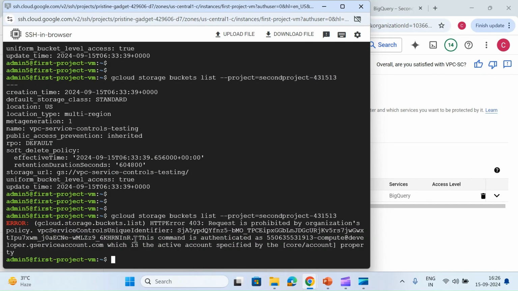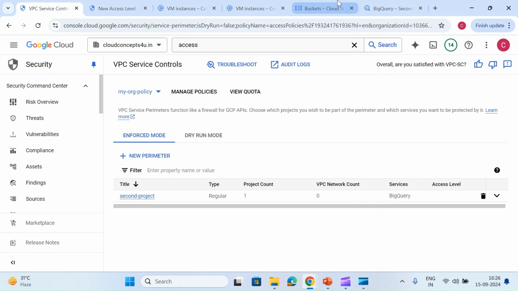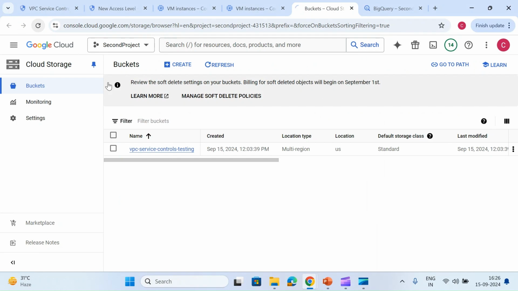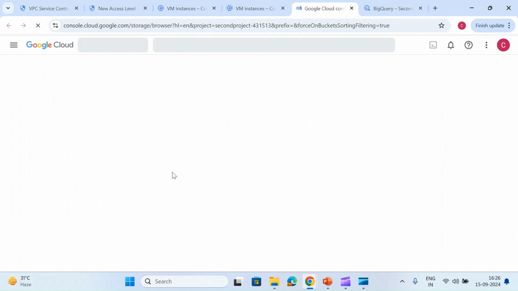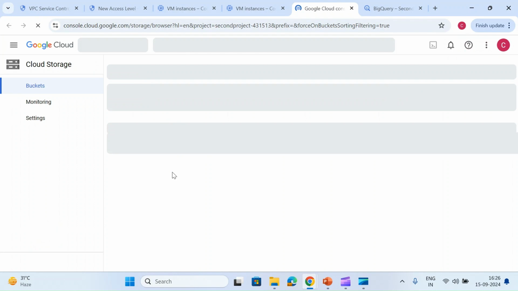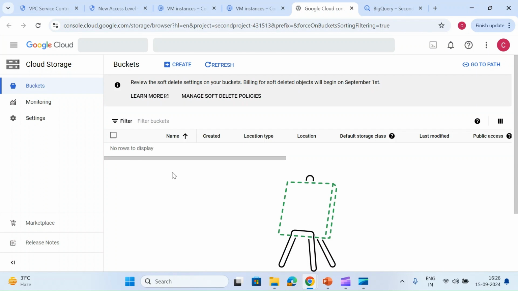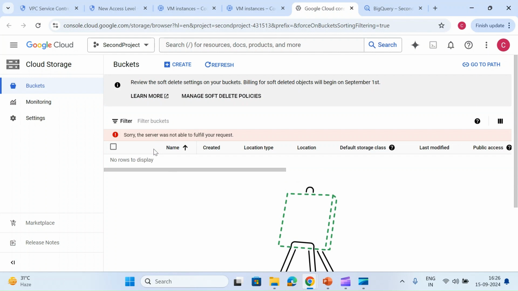Now it has blocked the access. It is doing that, VPC Service Controls. Because of that, I am not able to access my storage bucket. Even if I go to my bucket and just refresh this page, we will see that our access has been blocked because we are now outside the perimeter. So we have protected our second project, and we cannot access the project from outside. My first project is also outside, and if I try to access my bucket, I'm coming over the internet, so this means I'm coming from the outside. I'm not in the perimeter, like in the fence,